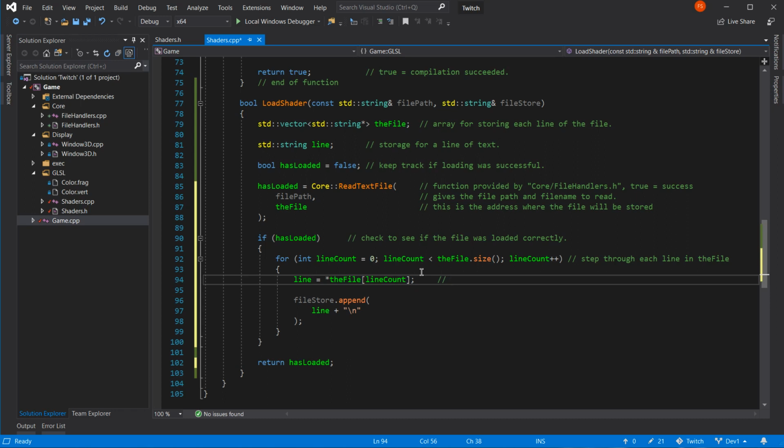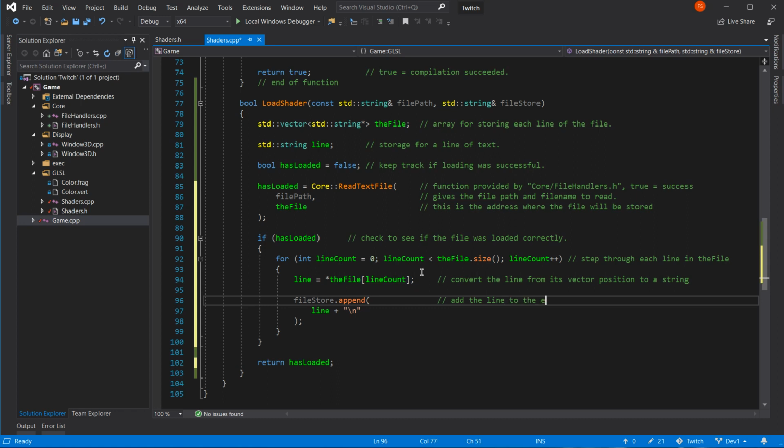Alright. Yeah. Convert the line from its vector position to a string. Add the line to the end of our storage.